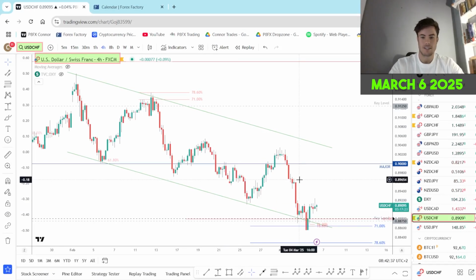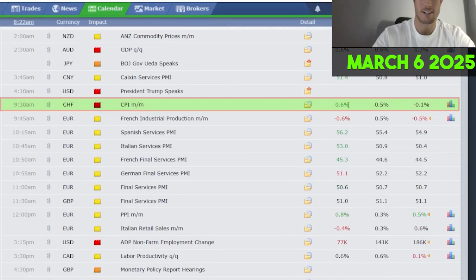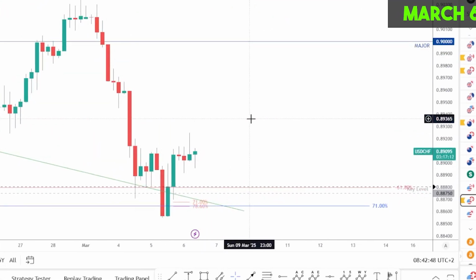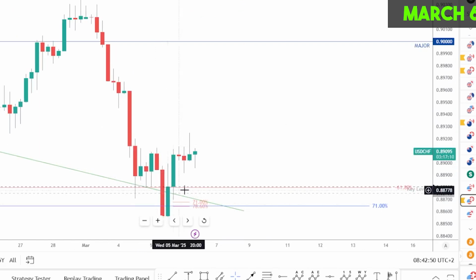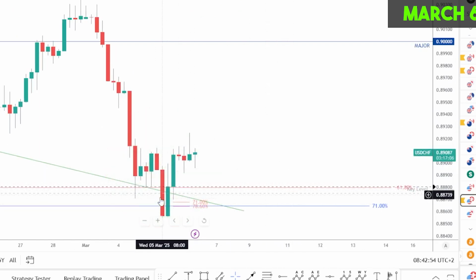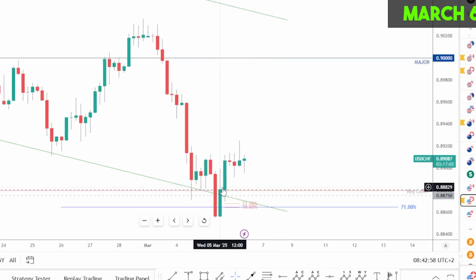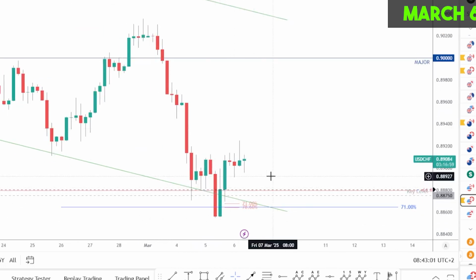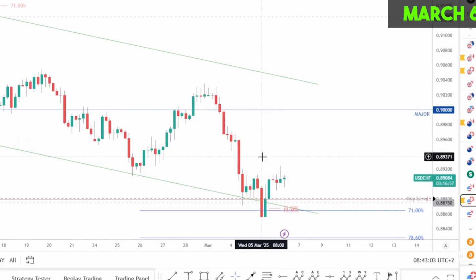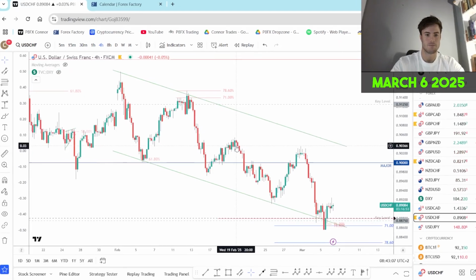Okay, so yesterday we looked at USD Swiss franc. With the Swiss franc release, we had the CPI coming in at 0.6%. That was green. We did, however, come down for entry. I did get an entry at the key level, except that closed really bearish. So the retrace of that price came back. I got out at break even, and of course, price continued up without me. So we'll see this morning.